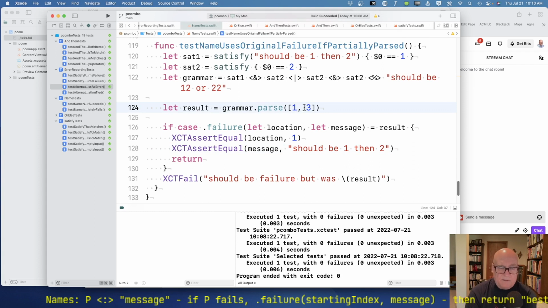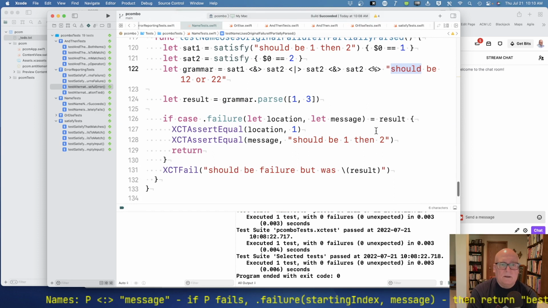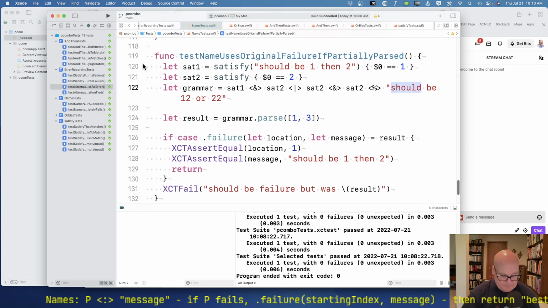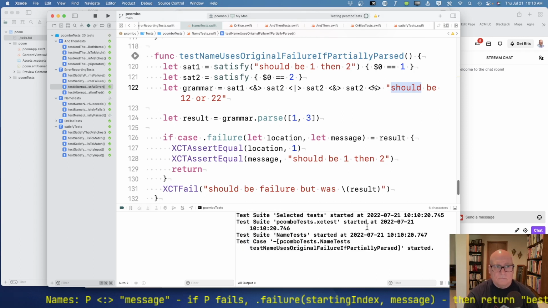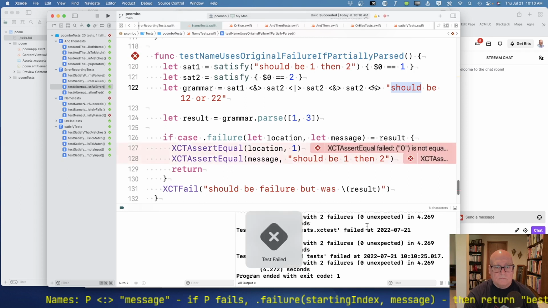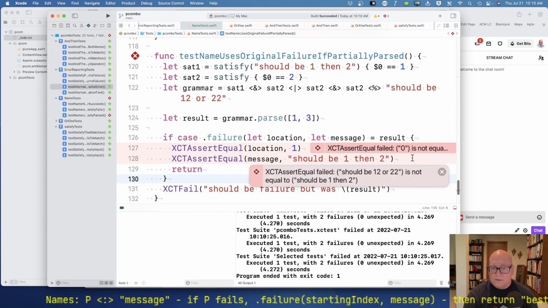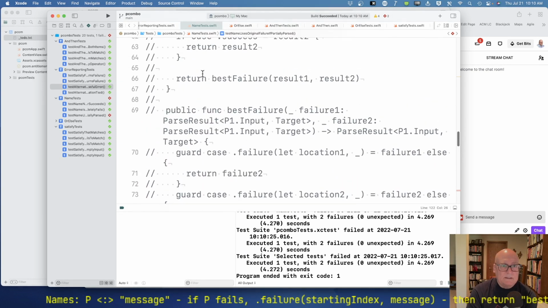Let's give it a completely, obviously wrong value. Okay. Sat1, sat2, or sat2, sat2. Should be that. Okay. That, I believe, will fail. Okay, we got 0, and this should be, yep, should be 1222. Okay, that goes back to this, and